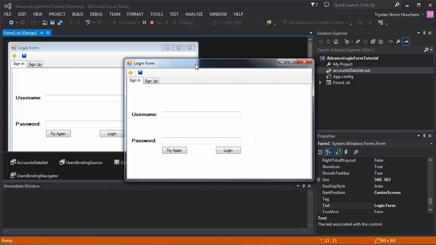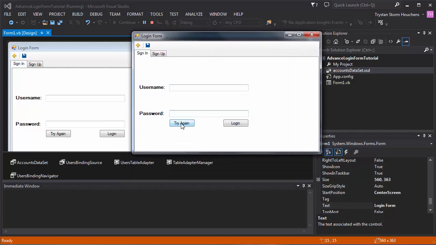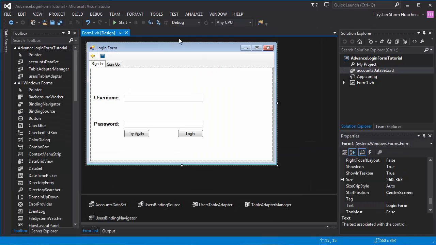So it looks pretty nice. We got the form. We got to try again, log in. We can type stuff. We can navigate to 2 types of tabs. And I would not click these if I were you, because then you probably break it, because it is talking to the database at the moment. So yeah, so now what we want to do is